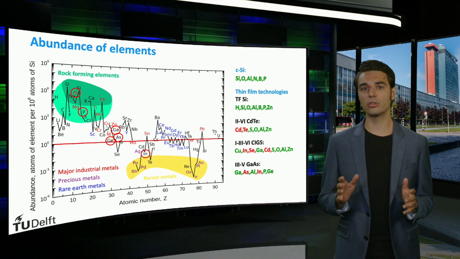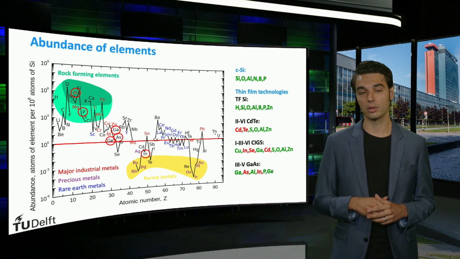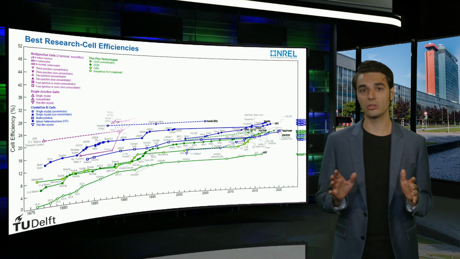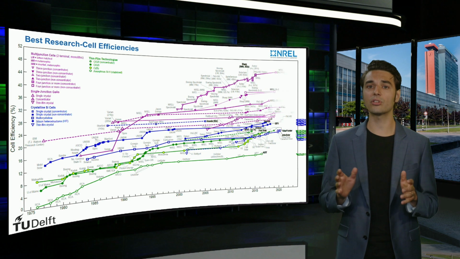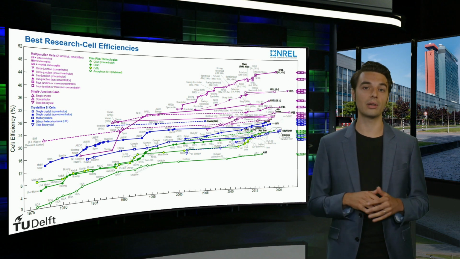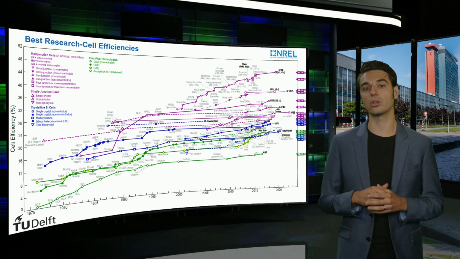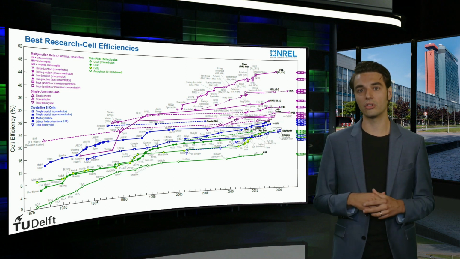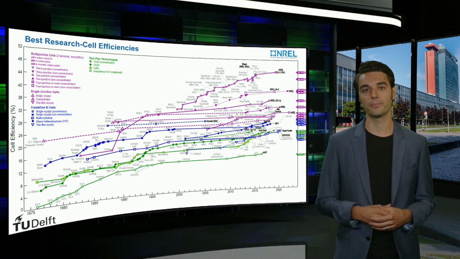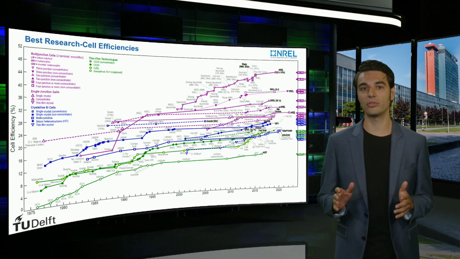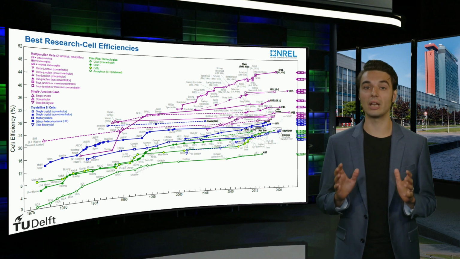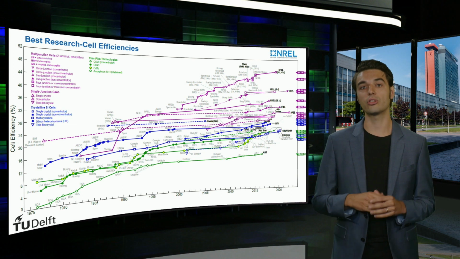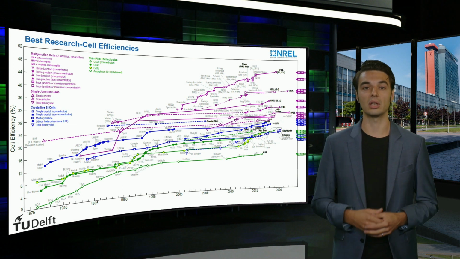So why do researchers still pursue these III-V technologies? Let's take a look at the record efficiencies. Of all the thin film technologies, the III-V technology results in the highest conversion efficiencies under both AM1.5 standard test conditions and concentrated sun conditions. The current record solar cell by NREL has a conversion efficiency of 47.1%. Consequently, the expensive III-V PV technology is mainly used in applications where the generated power density is the most important metric, such as for space applications and concentrated photovoltaics.